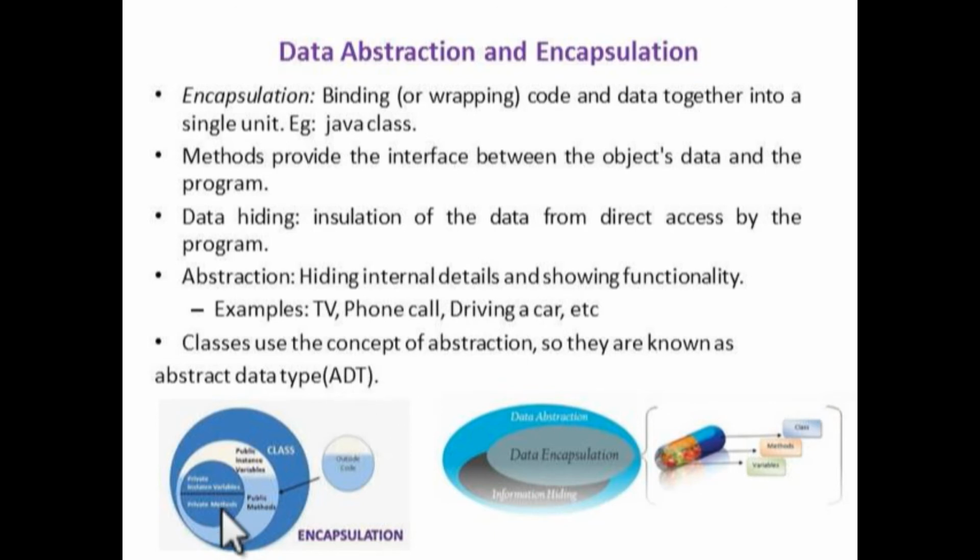Once you are using some data inside the class, it can be protected from the outside world, so that it improves information hiding. It gives some data protection from the outside world. While creating the class, we can hide the internal detail, that is the implementation details, inside the class, and we can just show the functionality, that is we give the function call to the outside world. So we hide the actual implementation detail inside the class. This is the concept of data abstraction.